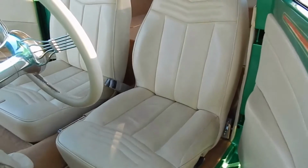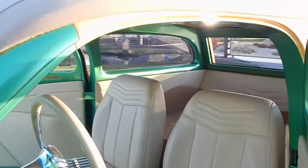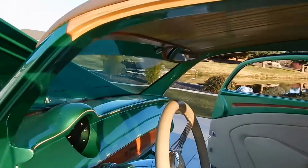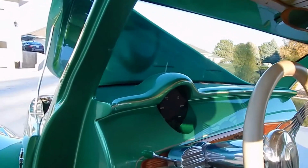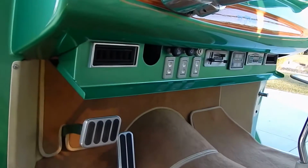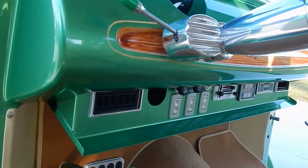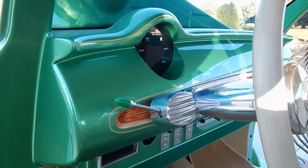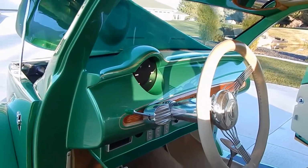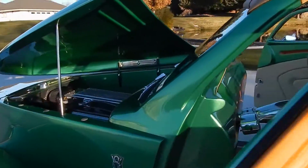Give you an idea, it's perforated leather. In the center, this is all leather. Has a dash panel that drops down with all the controls on it. It's down right now so we can show it for display. But all the controls in that panel actually go up into the dash and it's pinned when you're showing it. Has a Dakota digital dash, vintage style turn signals, banjo steering wheel. The wood in the headliner